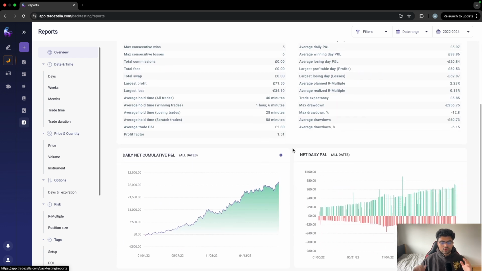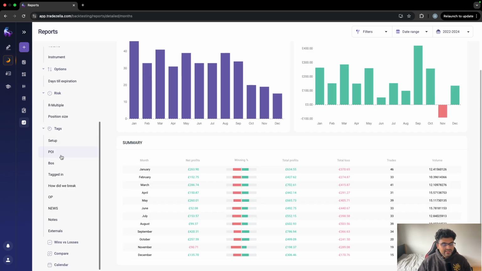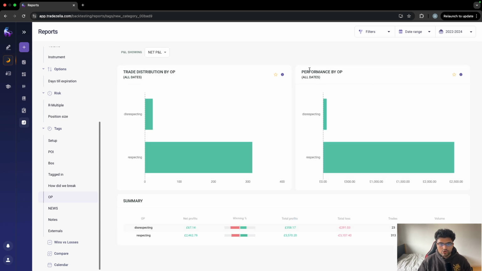And I really like the whole interface of Tradezella. It's very sleek, very minimal, but at the same time, it's very, very detailed. So if we go to tags right here, we can basically see something like maybe opening price. And you can see performance by opening price. So you can see that while disrespecting the opening price is actually a bit profitable, respecting the opening price, and with 313 trades, it's very, very high probability that I should take trades which are respecting the midnight opening